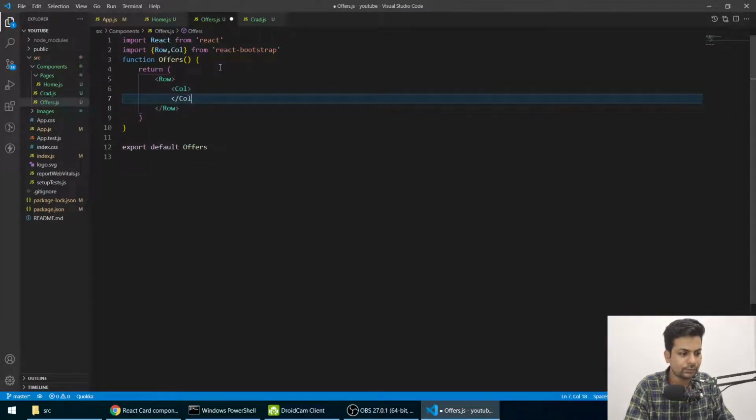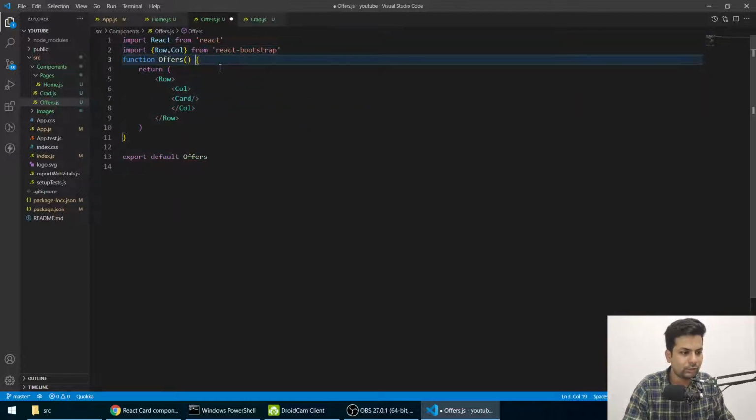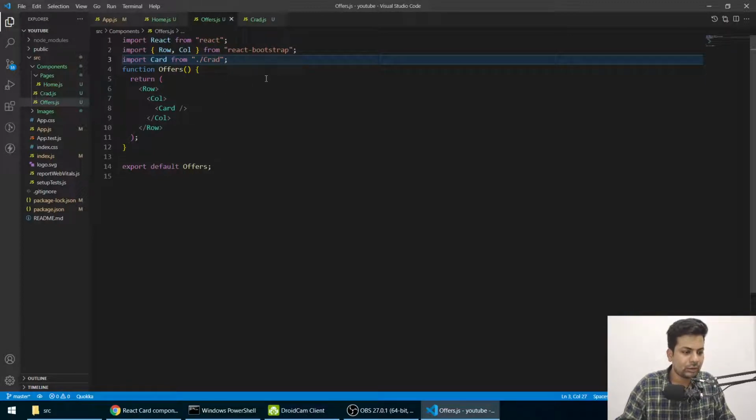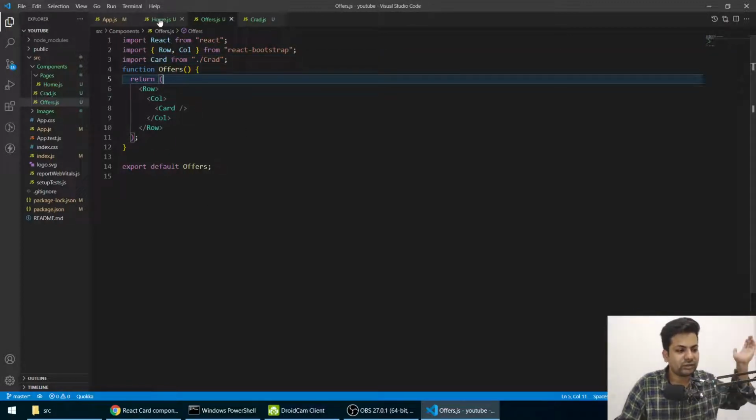Now here I'll just use the card, and we have to import the card. So for importing it, we'll say import card from card. Okay, now if I just save it.